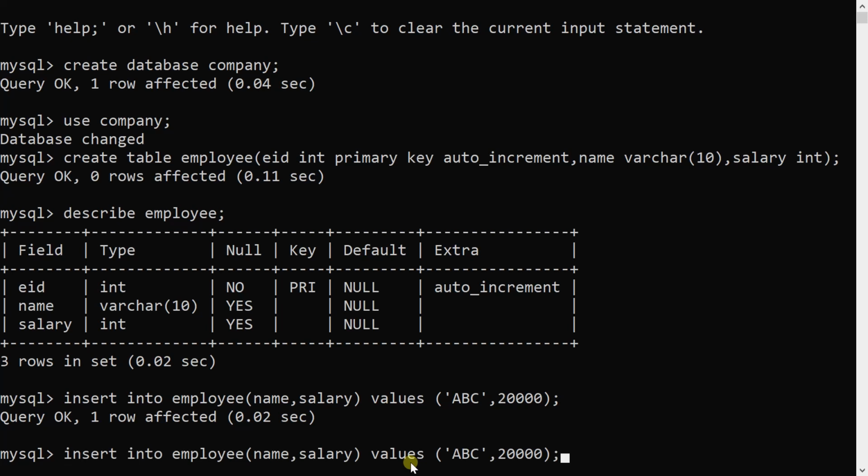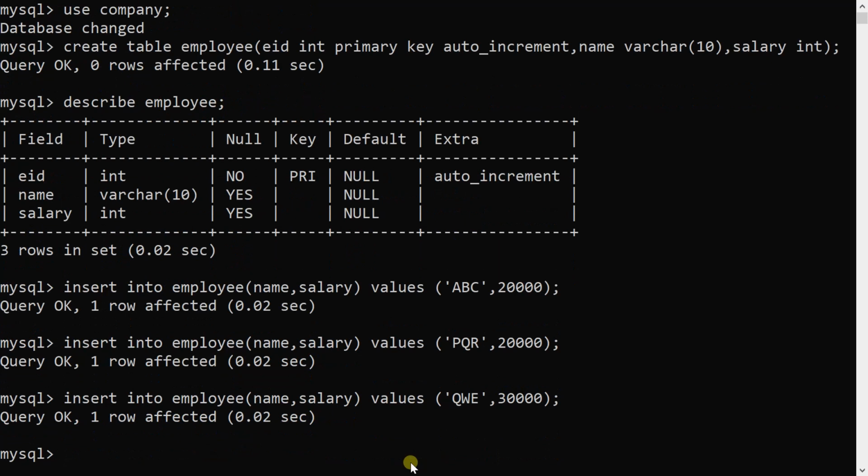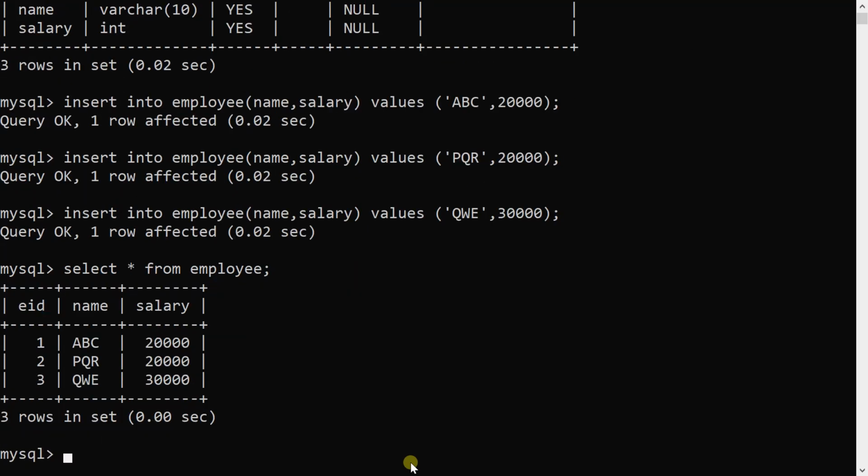If I want to insert multiple records, I simply put a semicolon and, for the second record, I simply change the value and its salary. Likewise, I will give another value. So if I execute select star from table name employee, here you can see EID is automatically incremented by 1.